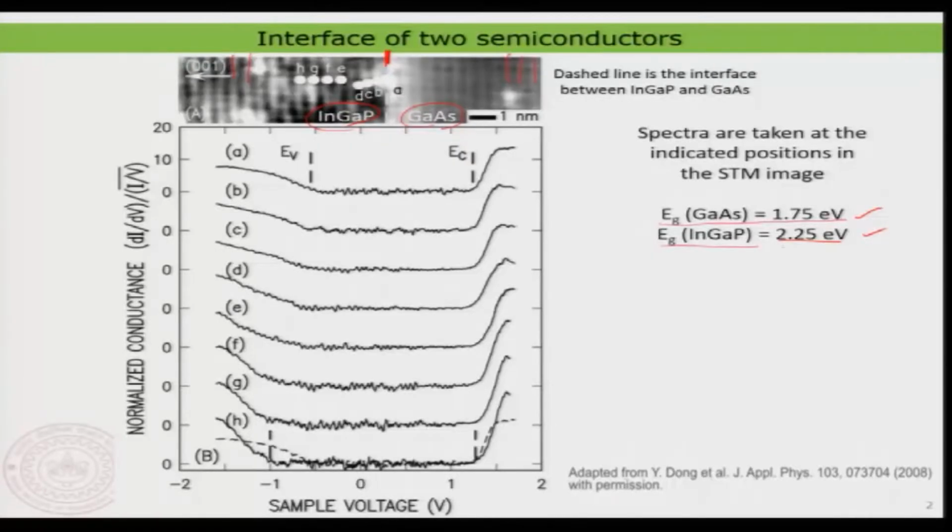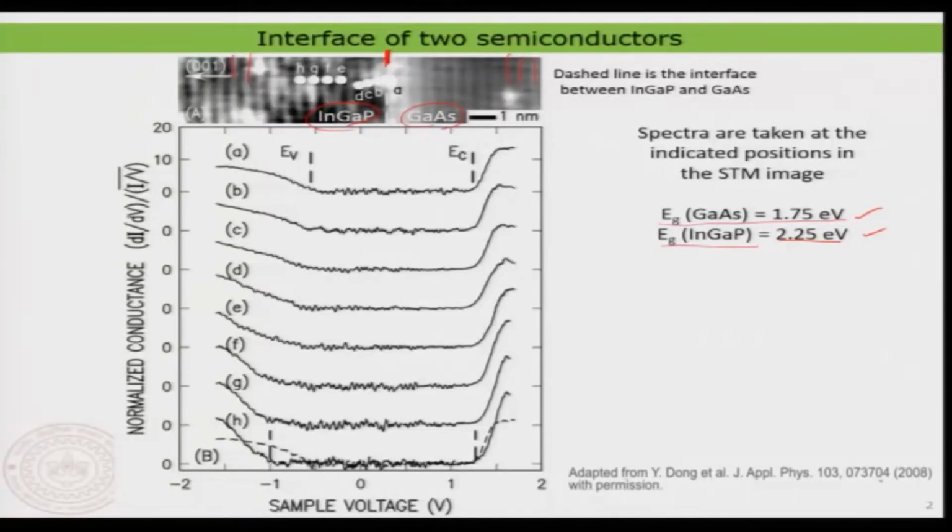Now, you see that I have a band gap difference between the two of about 500 milli electron volt. So, the question you would ask is, when I make an interface between these two materials, how does the electronic structure actually get connected at this interface? This is quite important to understand, because at the end you want to use these interfaces in your application, and you want to create a transistor or a diode or whatever you want to name it. You need to clearly understand these interfaces. That is where this kind of spectroscopy plays a major role.